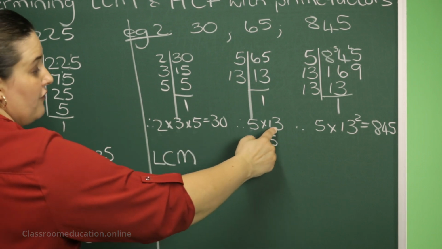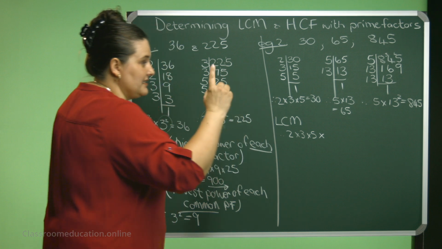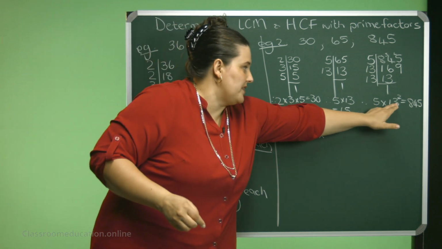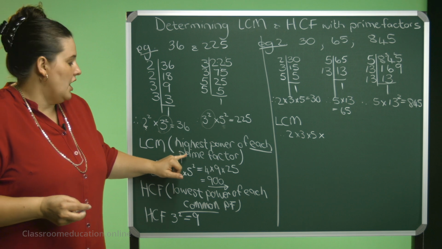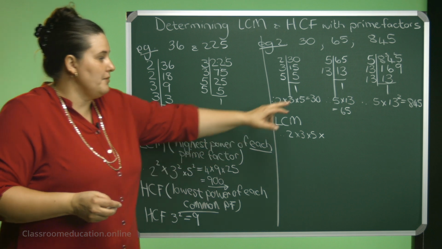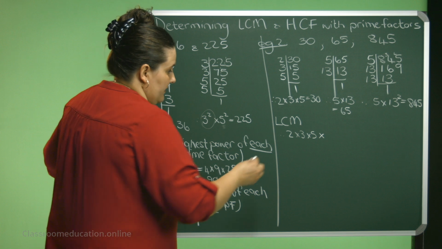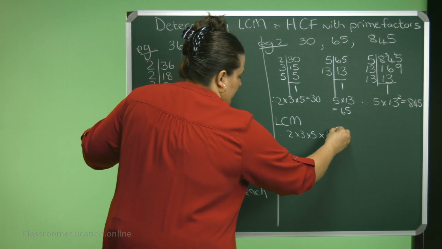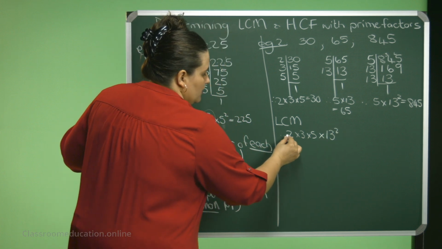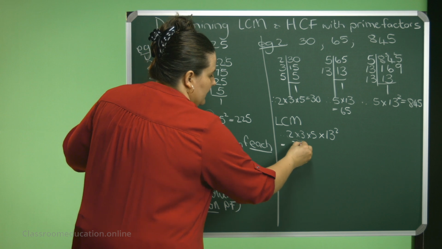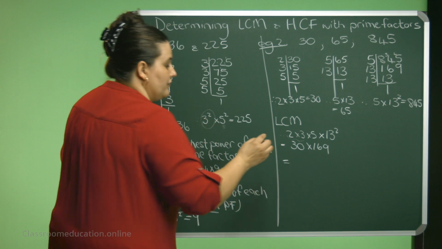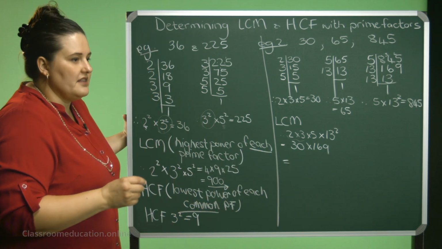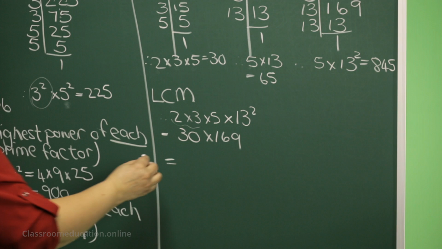I already have the 5. 13. But I have a 13 squared there. And it says that we need to take the highest power of each prime factor. So I'm going to take 13 squared. Okay, so this will be 2 times 3 is 6. That will be 30 times 169. And if you do that quickly, you will see the answer will be